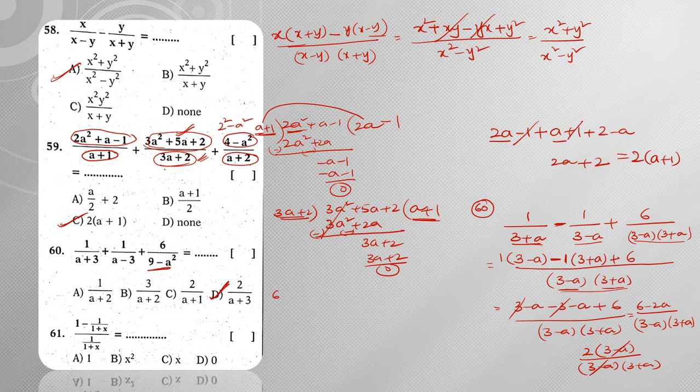Right, next moving on to question number 61. If you observe, you can directly take the LCM in the numerator. What is the numerator? 1 plus x is the new LCM, then I can write it as 1 plus x minus 1, whole divided by 1 plus x. If you observe the denominators of both the fractions, both are the same, so we can cancel them out. Then I am finally going to have 1 plus x minus 1 by 1. Here minus 1 plus 1 gets cancelled. The answer is x. Hence the answer is x.